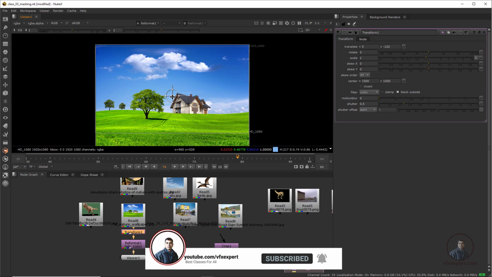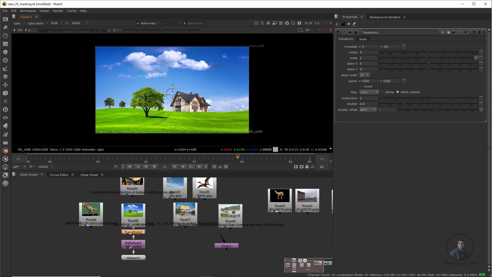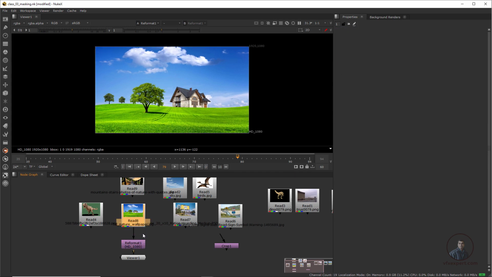So maybe suppose this is important. Just change your desired area here, and this will maintain your frame size. So this is mainly Reformat here. Just delete this Transform. The remaining things we will cover in detail, this Reformat and all these things, because Reformat is the main important thing here